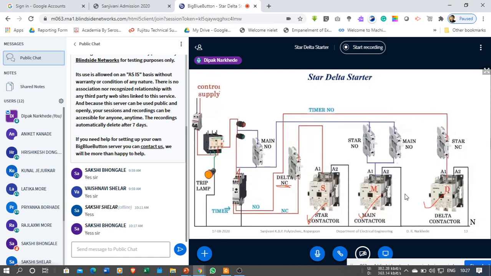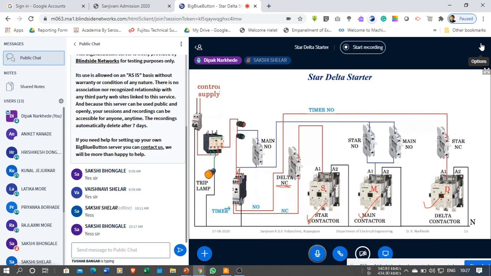You can go through it, you have to go through the working of this. The videos for the manual and semi-automatic star delta starter are already uploaded on LMS. You have to go through them. Tomorrow we are going to discuss the actual functioning of these two contactors. Is there any difficulty? No. Okay, so please go through the videos. Tomorrow we will discuss the